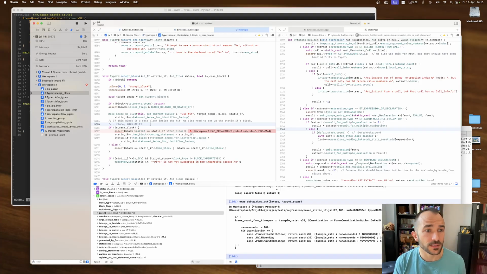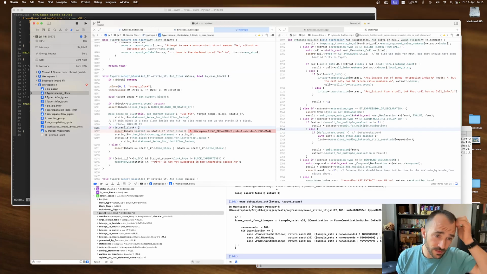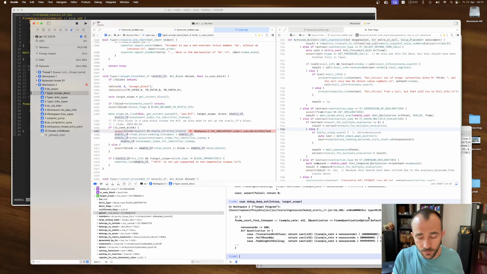So if it is a case block, where does this come from? Yeah, we say it is a case block. If it is a case block, we say the parent of the block must be the then block of the static if, which is not the case. Right? Who are you? Block parent is this one.